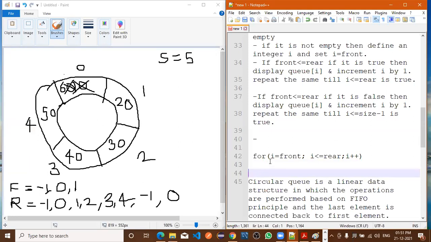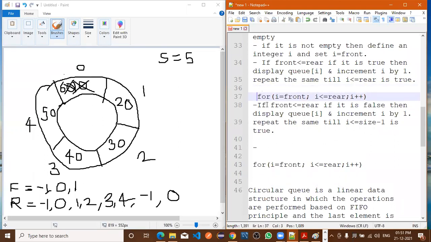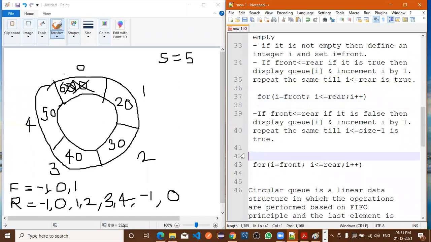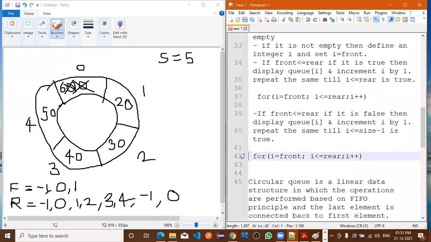At the time of implementation, you will get a clear idea regarding the same. Now in this case, less than or equal to rear. If it is false, then we need to use this for loop, right?